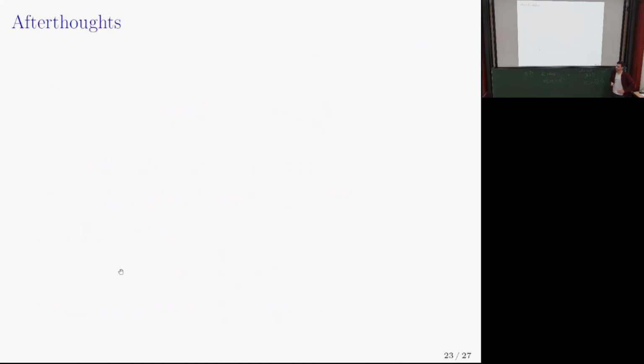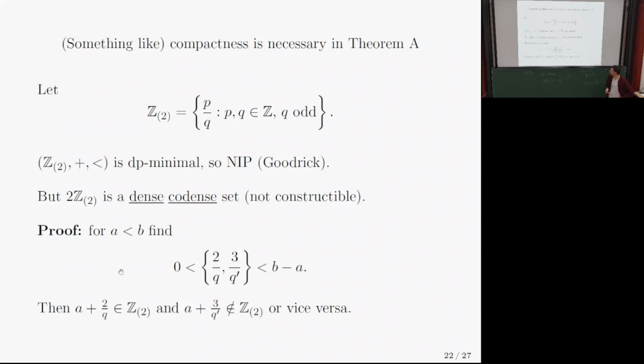However, let me make a few comments. Why is A plus, why is one of them in? Okay, so this is divisible by 2, but this is not. That's an assumption that Q and Q prime are odd. Yes, Q and Q prime are odd, of that form. So this is in the set divisible by 2, and this is not. So if A is divisible by 2, this is here and this is not. But if A is not divisible by 2, you can show that it's the opposite.